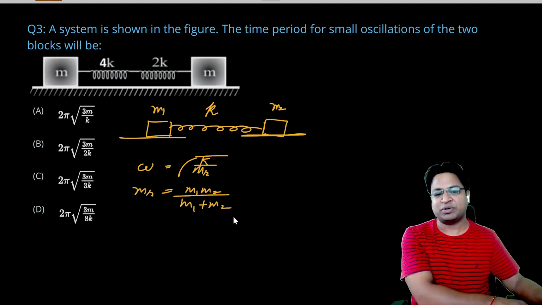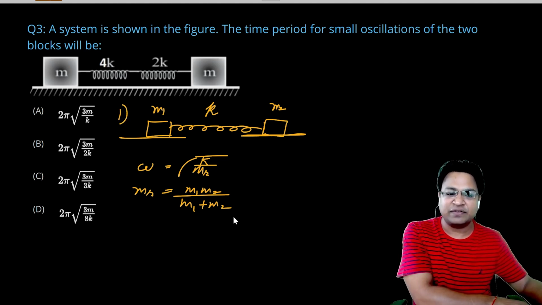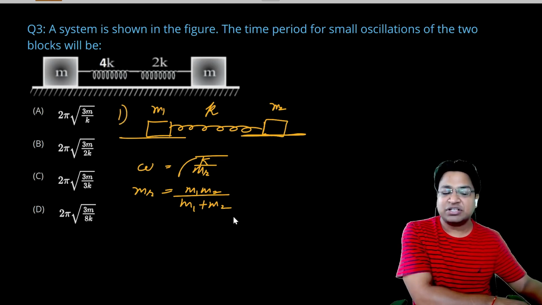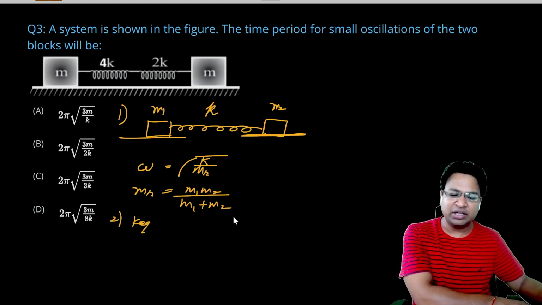So this is how we write reduced mass, and in the present scenario, the springs are connected in the manner shown. So this is the first formula that you should be aware of. The second formula: if the springs are connected in series, then K equivalent is given